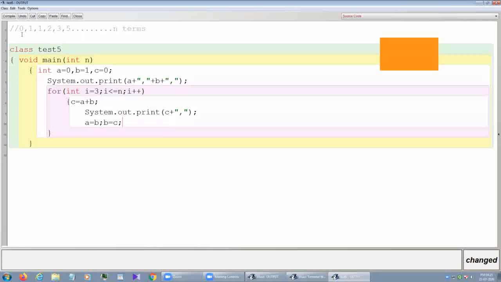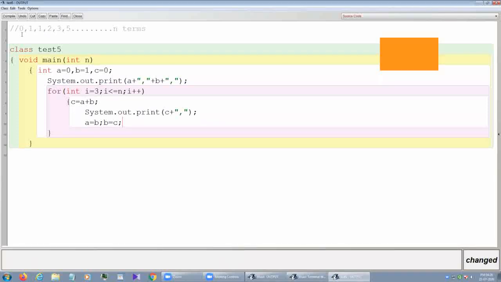Like you can see here, how this 2 is generated by adding 1 plus 1. How this 3 is being generated by adding 1 plus 2. How this 5 is being generated by adding 2 plus 3. So the thing is that if I want to print n terms, what do you mean by this n terms? That means if I give the value of n as 5, then how long will it print?